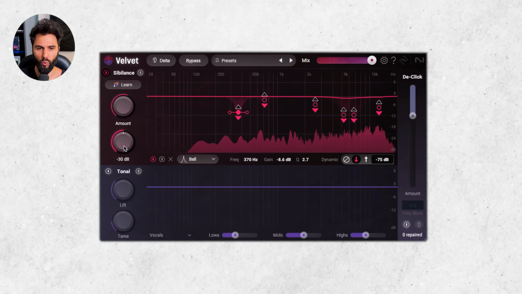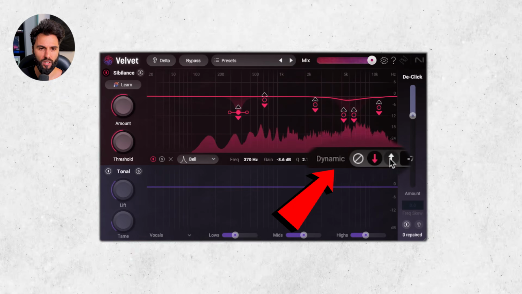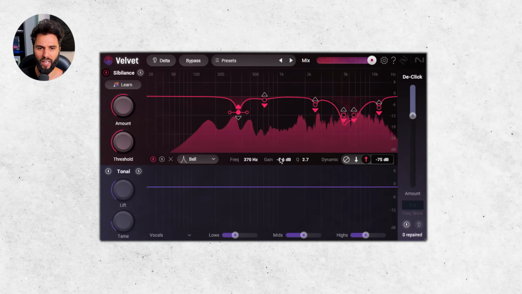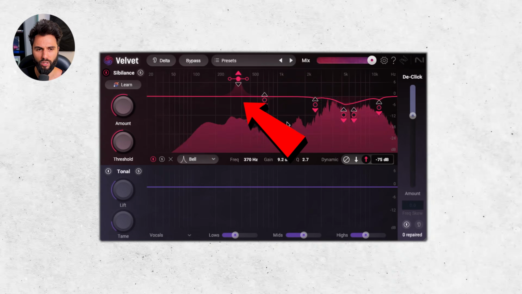What's cool is you can switch from the default downward mode into the upward expansion mode, which dynamically adds to the sibilance channel instead of reducing it. That effectively means that Velvet is not only a de-esser, but can also function as a re-esser as well. Not going to lie, it's not a feature I imagine I'd use often, but it could come in handy in